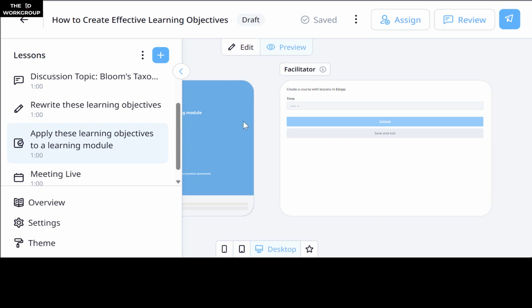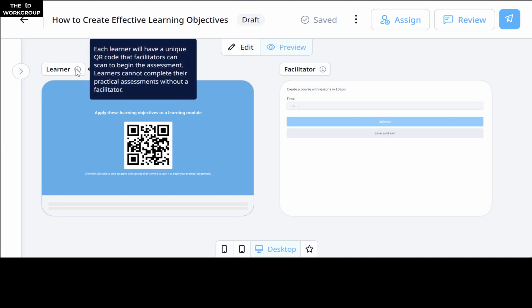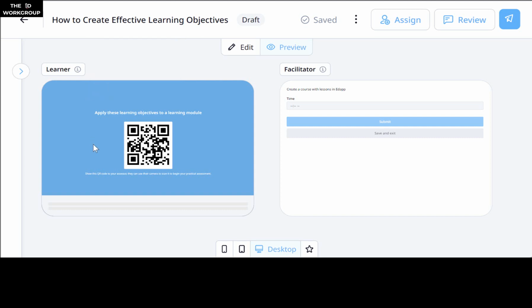And once the learner goes in, they'll have to basically do an assessment where again you can make it so they upload an audio or they upload a video, and then you as a facilitator, or you as a person assessing the assessment, get to look at the video or look at the audio. All right, so this is really good for